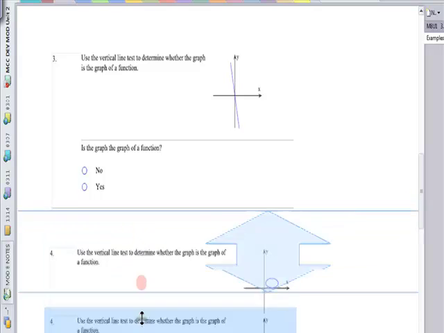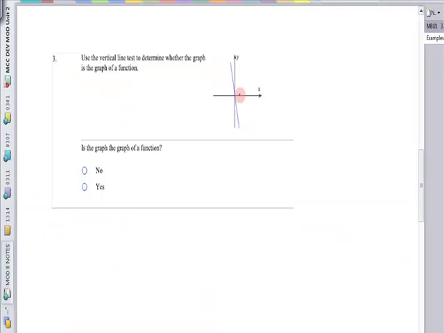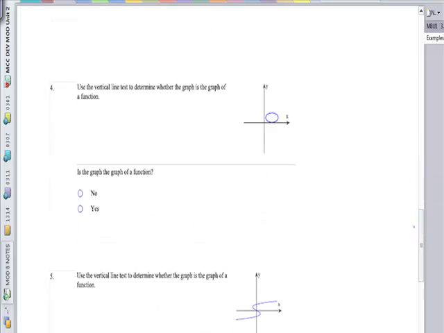All right, number 3. Is this line a function? Well, if I visualize a vertical line moving from left to right, an infinite number of vertical lines, you can see that it will never cross the graph more than once. Let me make those go away so you can see it again. No vertical line is going to hit it more than once. So this one passes. It is a function. Number 4,